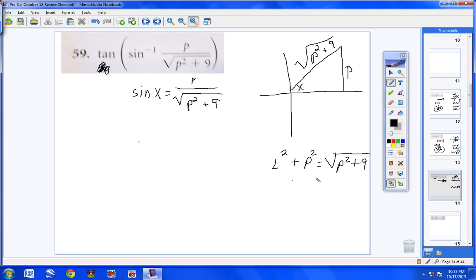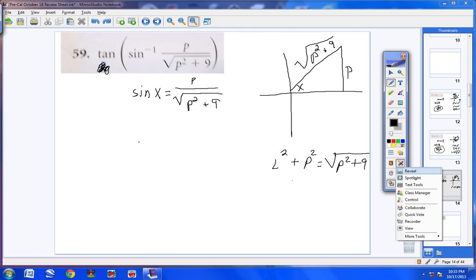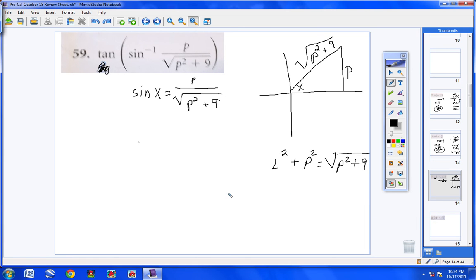Now, first of all, this is going to be a little interesting, okay? First of all, I am trying to find what this leg squared would be, right? What this leg would be. This is what I'm trying to get all by itself. All right, so watch carefully. If my goal is to get L by itself, then obviously I must first bring the P squared to the other side. And if I do that, I would then be left over with the square root of P